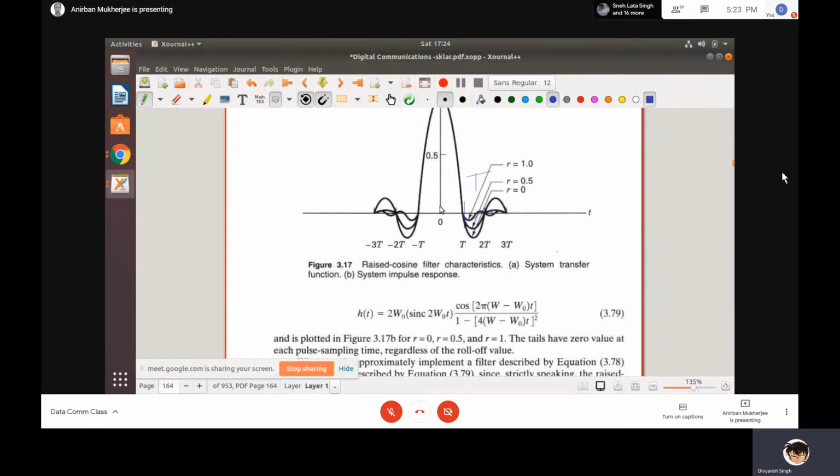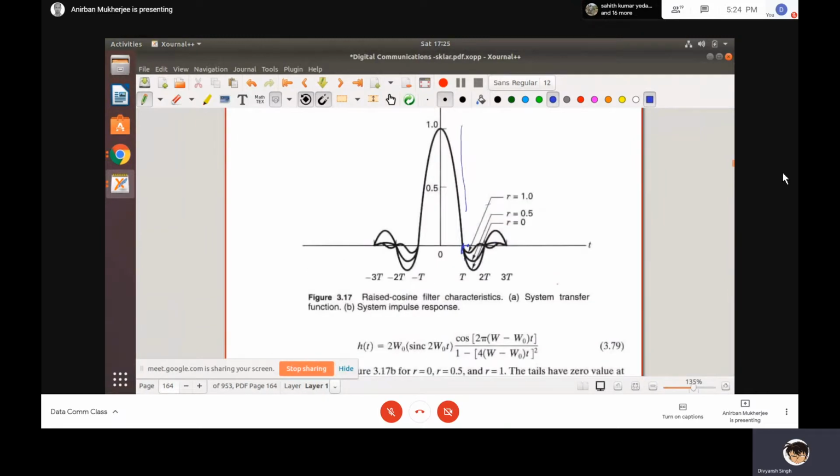That means if you have a timing jitter problem, that means if I just miss at this point, then you have a huge error from the previous one or the post one. But if I have R equal to 1, that means as the damping is high, when I do the sampling at that point,